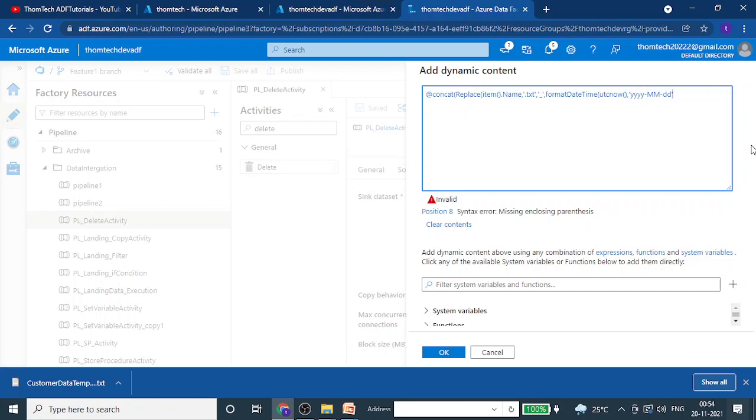So this is closed, this has been formatted. Then I will put one comma again and one more underscore, and then one more comma and ultimately .txt, which is the extension of the file. Close this and then close the parenthesis.